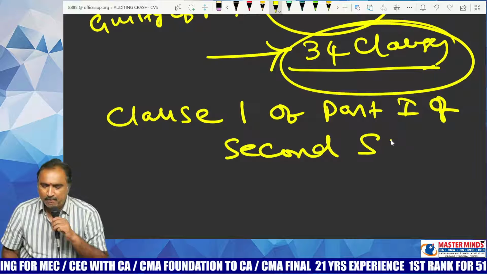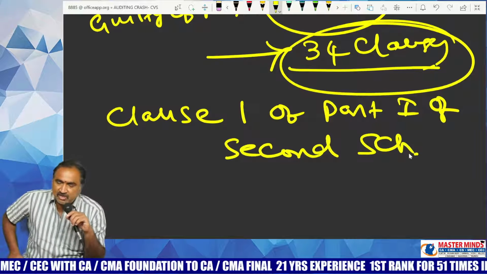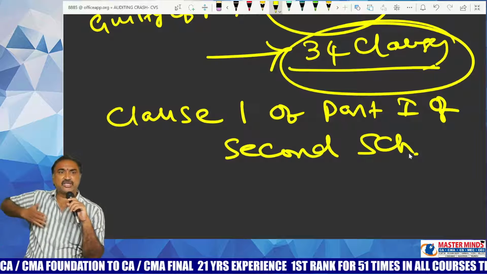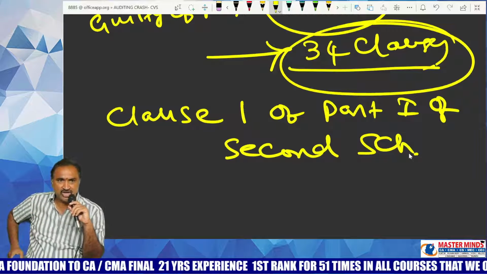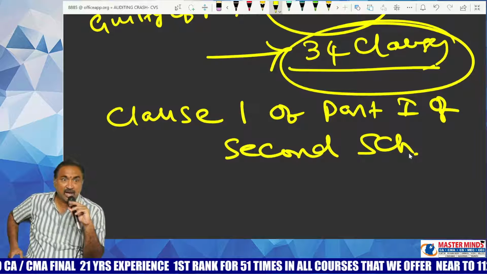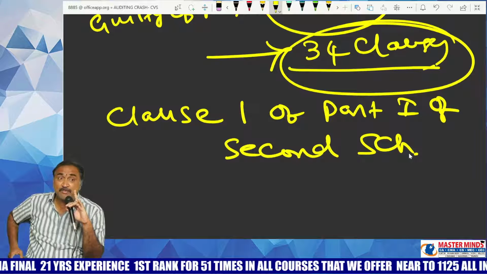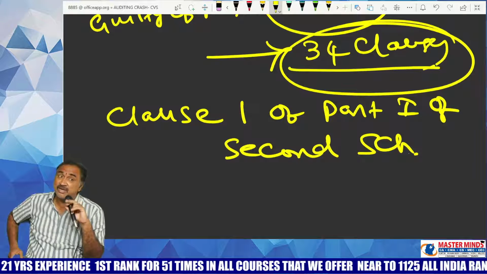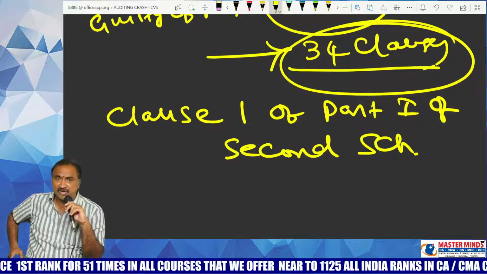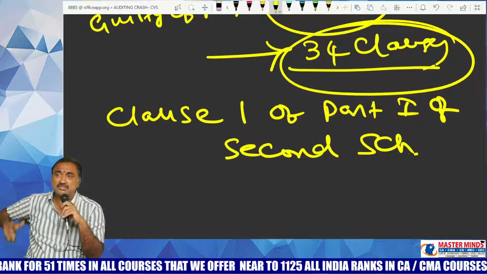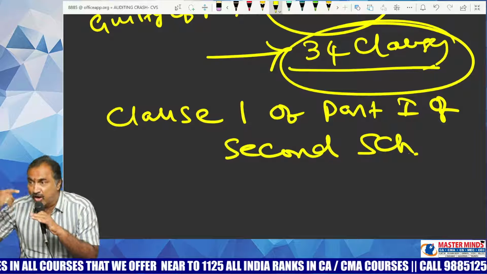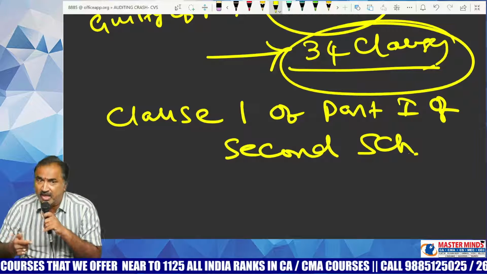Clause 1 of Part 1 of the Second Schedule to the Chartered Accountants Act says like this: a chartered accountant in practice shall be deemed to be guilty. A chartered accountant in practice. I will make use of all this discussion when I am explaining the ethical requirements under SA 200. I don't want to explain those things again elaboratively under that heading. What are the points that we are going to discuss under SA 200 are being explained here elaboratively, so that you will have knowledge not only about SA 200 but also about the point being discussed.